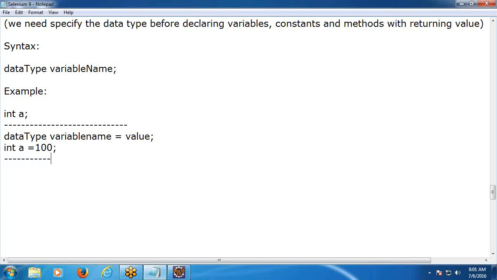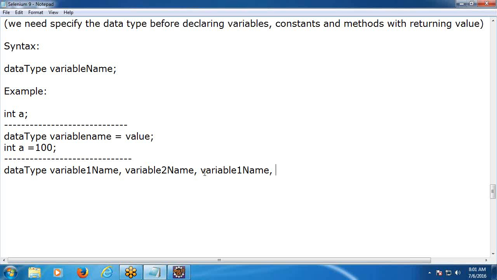Next, another syntax: data type, variable one name, comma, variable 2, variable 3, like this, semicolon. For example, int a, b, c;